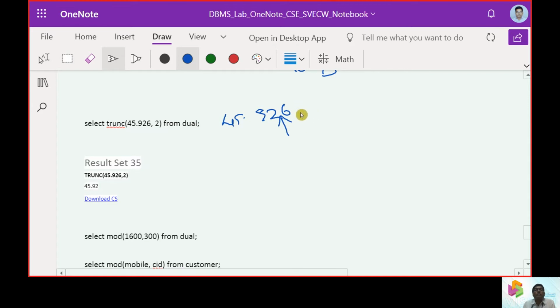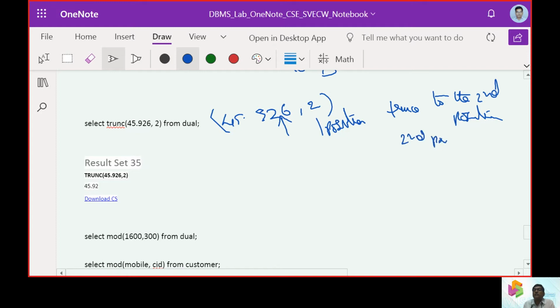So 2 we call here a position. Trunc to the second position, and the digit after it is already less than 5. Therefore, it is 45.92. So that's how it goes.